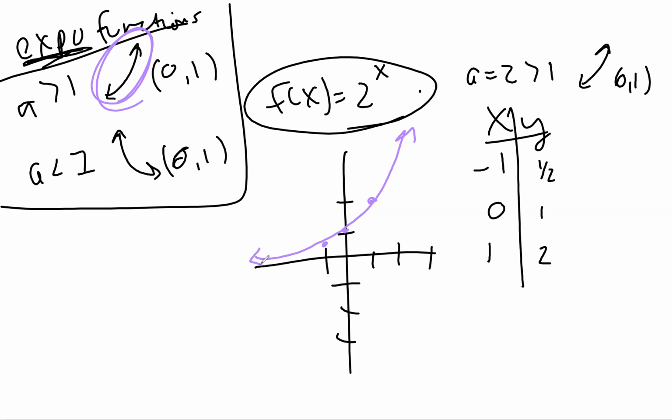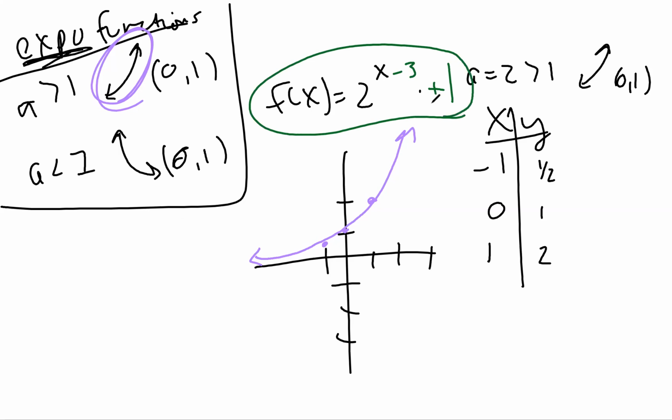Is it okay, Sydney, if I just build on this one so we can leave the stuff that we have? Okay, so let's pretend, and I'll do it in a different color so that we can see it. So let's pretend that we have the same problem, but let's say that it was given to us that it's going to be x, I don't know, let's do x minus 3, and then out here, let's do a big plus 1. Okay, so this is my new function. Okay, so let me get rid of a few things here, just so we have some room.